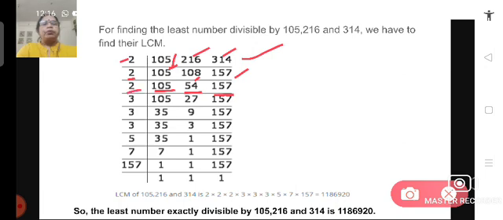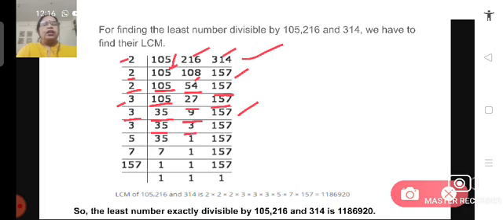Again we take the prime number 2 to divide 54, 105 will be written like this, 54 divided by 2 becomes 27 and 157 written like that. Then next prime factor we take 3, 3 divides 105, we get 35 and 27 it divides, we get 9 and 157 will be written as it is. Then again we take 3 as the prime number to divide and 35 will be written like this,